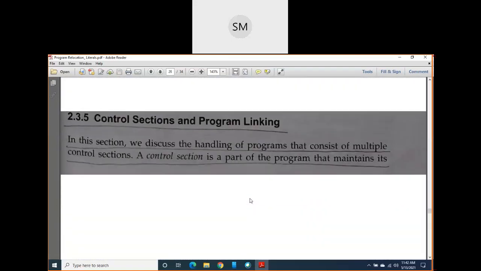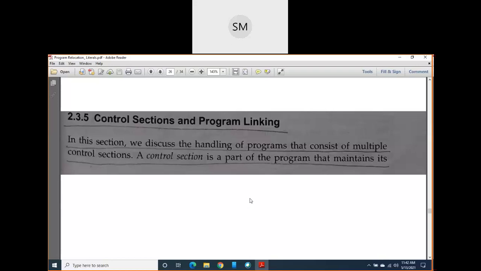Clear? Now let me start the second topic, that is control sections. In control sections, just now I told you in the beginning of today's class, in the previous class, that is the main difference between program blocks and control sections. Just now we completed program blocks.